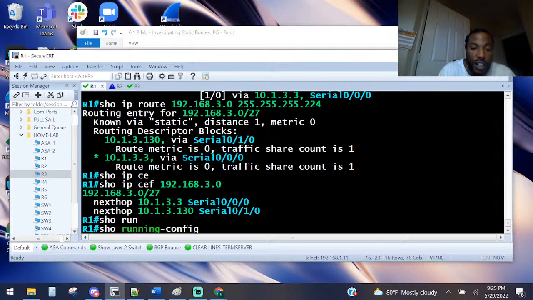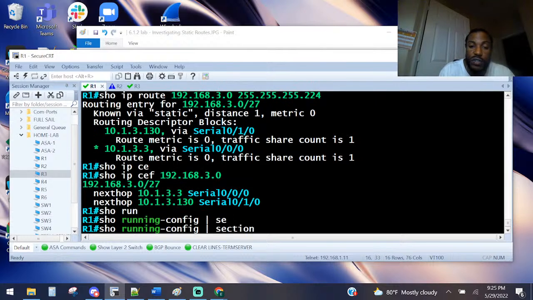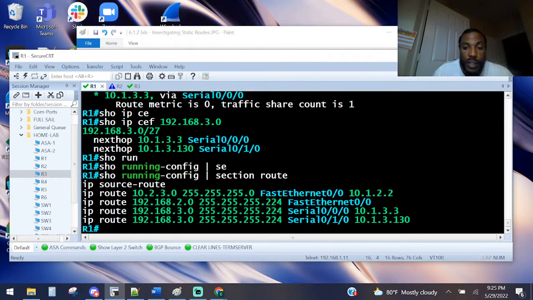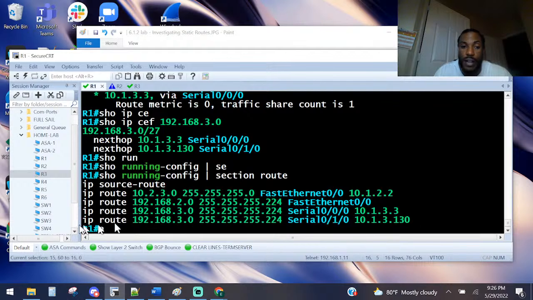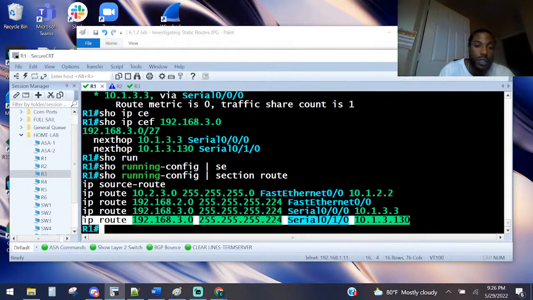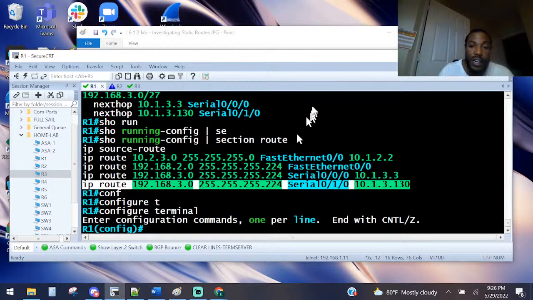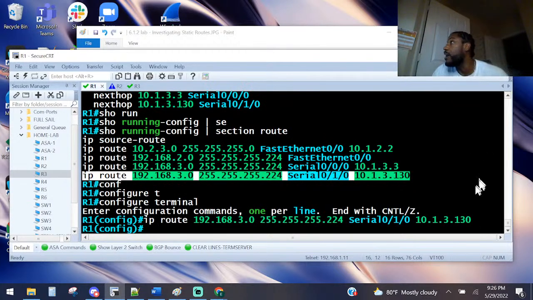Whatever. Show running config section route. And we're going to say, he said to remove which one? The bottom one, right? I think he said you remove this one right here. Let me just triple check. Delete the route that uses the 0/1/0 as the exiting interface. Yes, so this one right over here. Remove that. Global config mode. We say no it out, like my coworker would say. Now they said